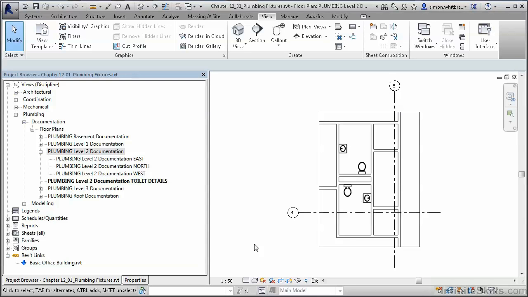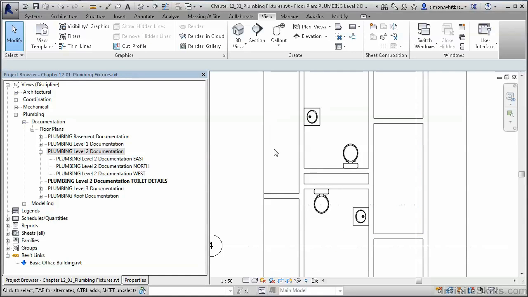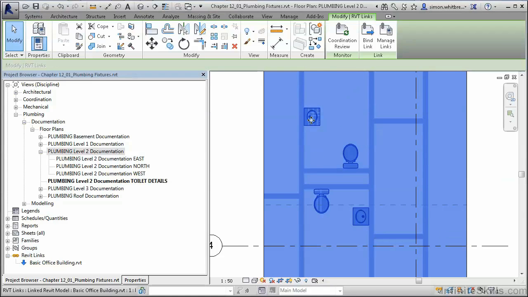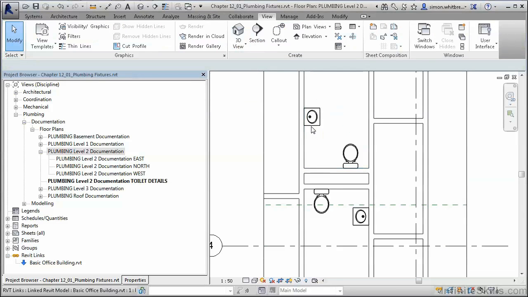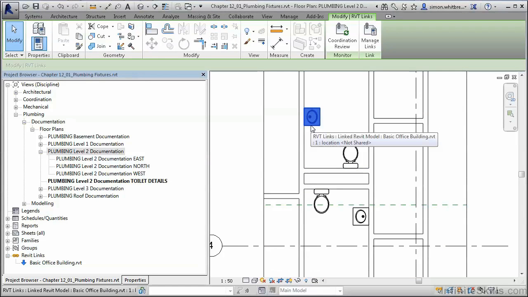In the exercise file, make sure you have the view Plumbing Level 2 Documentation Toilet Details open. Scrolling in, we can see the toilets and washhand basins, and in trying to select them, you'll see that I can't because I've got the Select Links option turned on. Now I can select the link, and if I use the Tab key, I can tab to select the elements